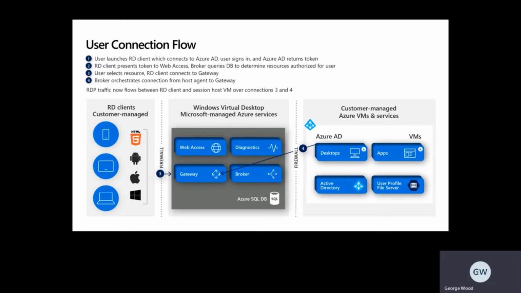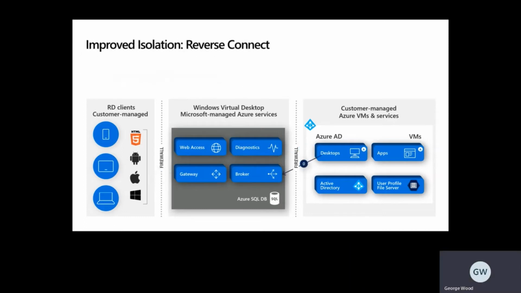There is also the estimator tool, which can help you understand which will be the best experience, and that's a good tool just to start to think about using when you're planning your deployments. So I spoke about the isolation and this reverse connect, which effectively means that there's no requirement for an inbound port on those virtual machines, so you don't have to worry about the RDP port being opened on there. And effectively, all of the communication is done through port 443, so through HTTPS,